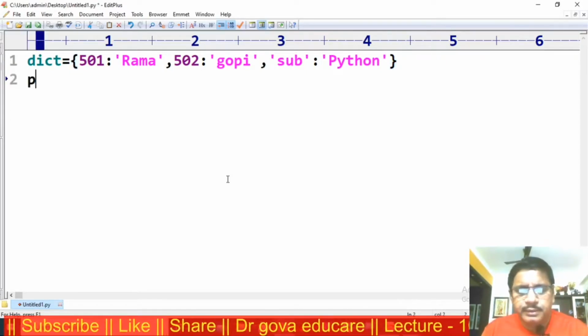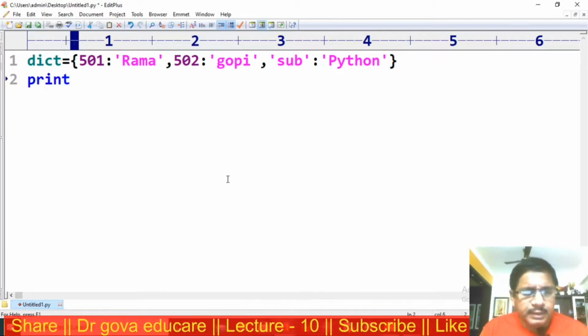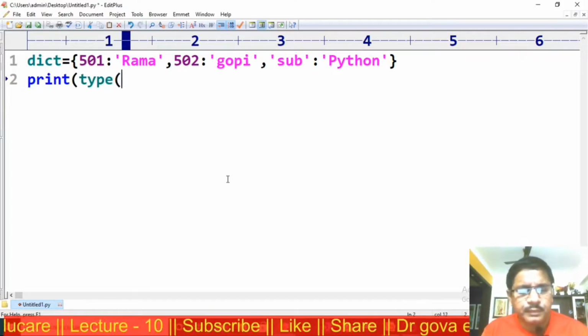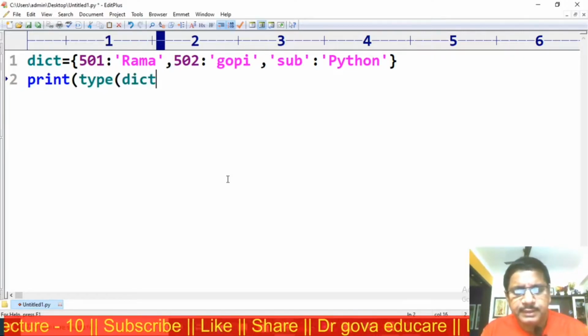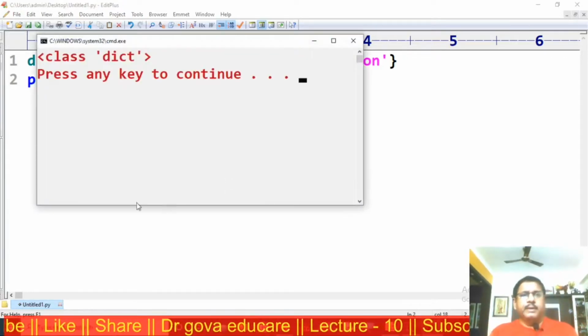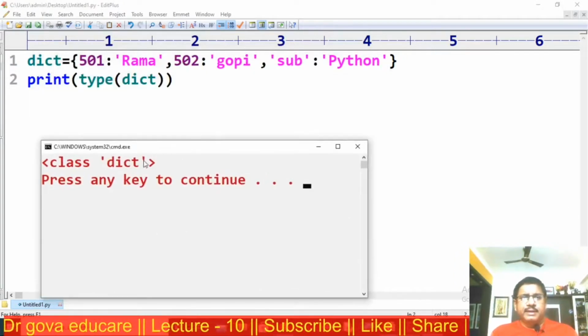I am finding print type of dict. It is a dictionary data type. The type is dictionary data type.